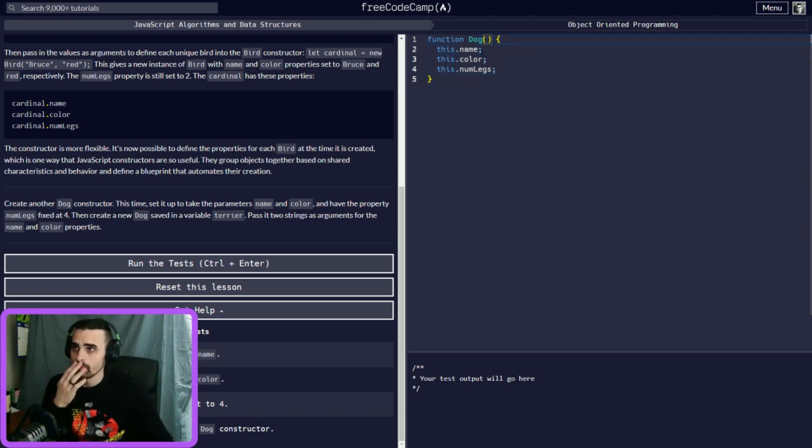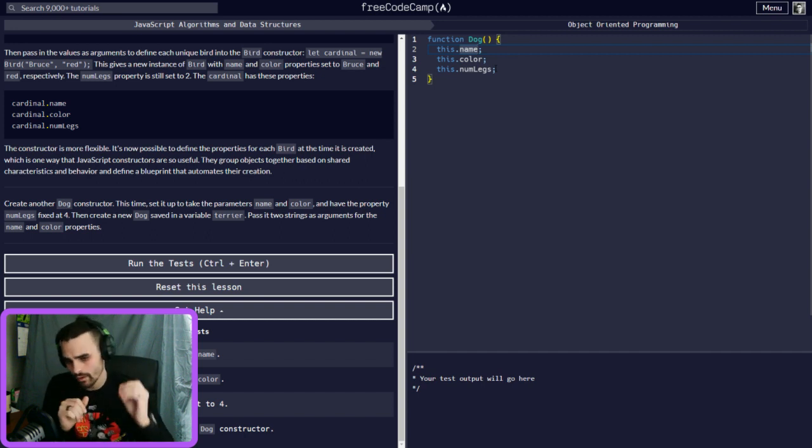Now, we already know how we can assign each one of these its own values inside here. But if we want to create our own unique objects, I want to create a new dog, but I don't want to use these default parameters.